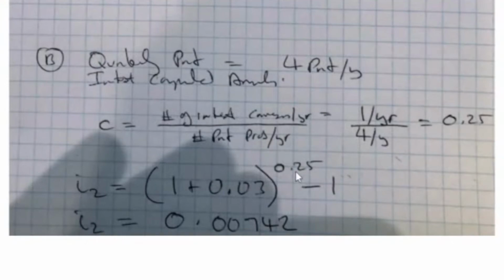So 1 over 4 is 0.25. So C is 0.25 in the formula. I2 equals 1.03, which is 3% divided by 1, to the 0.25, minus 1. And that gives you an I2 of